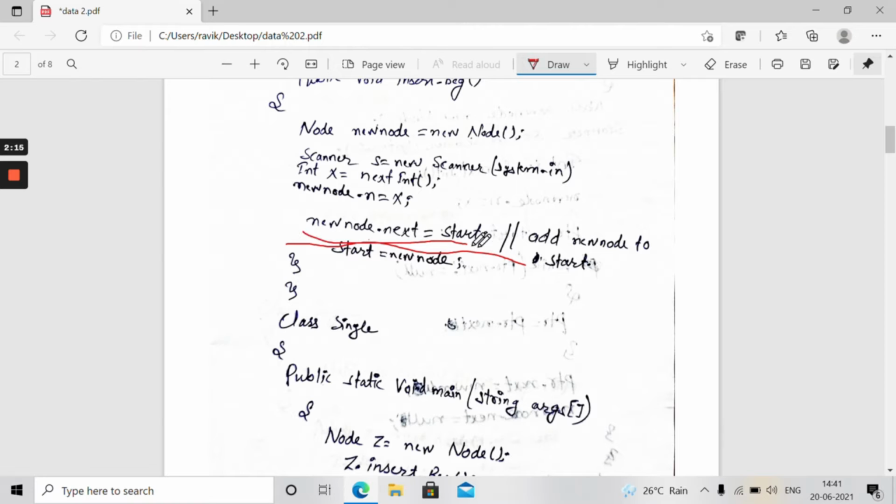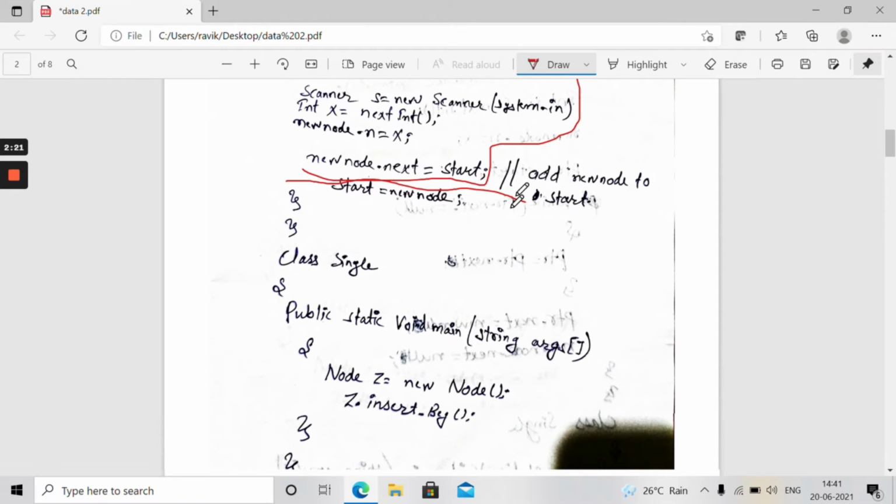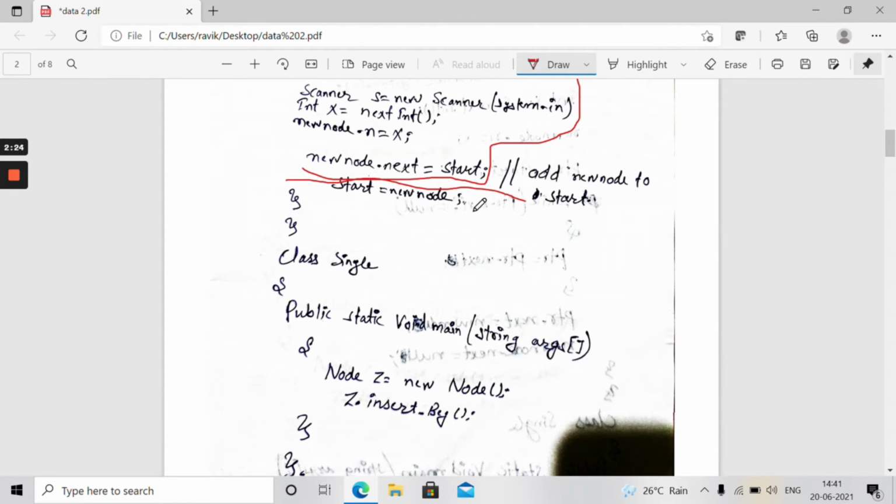You can just leave them. This is the main code, from here to here. We have to just focus on that.